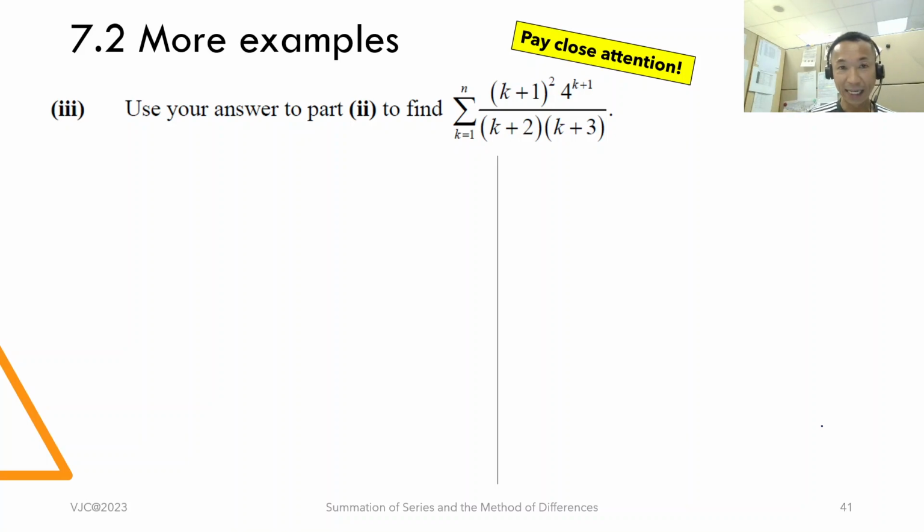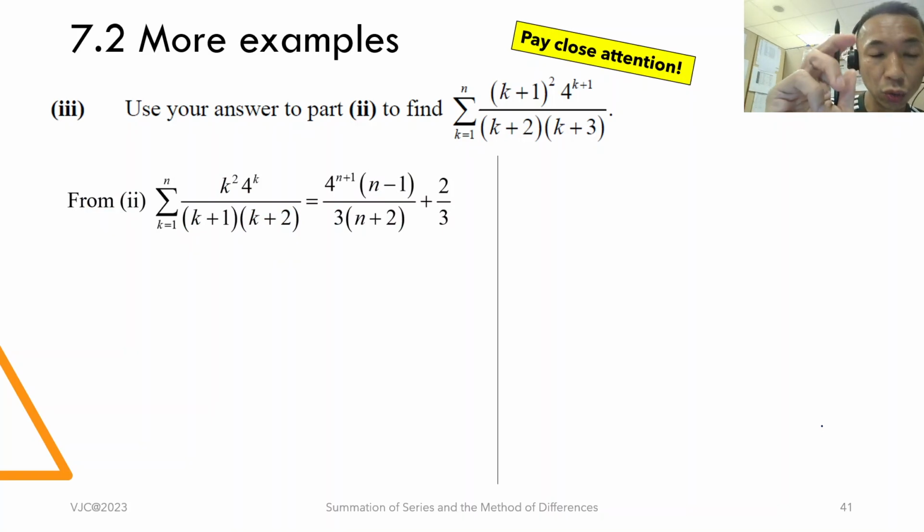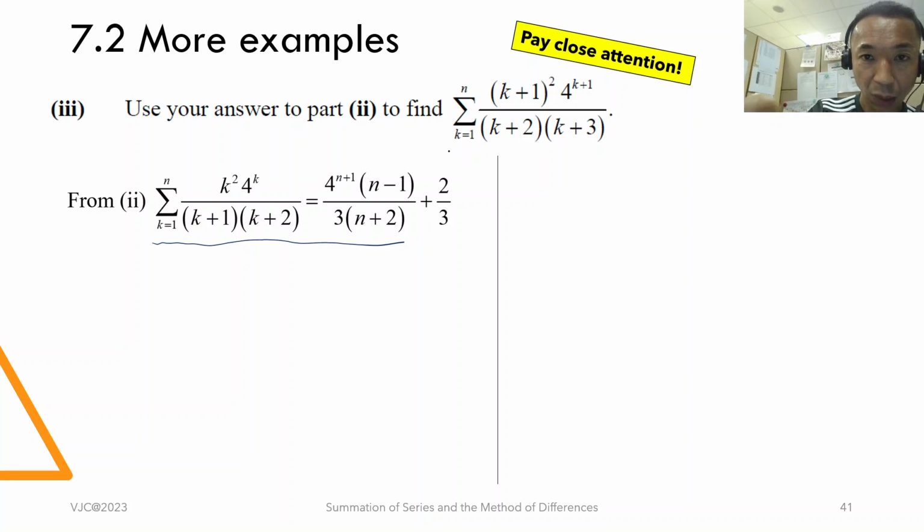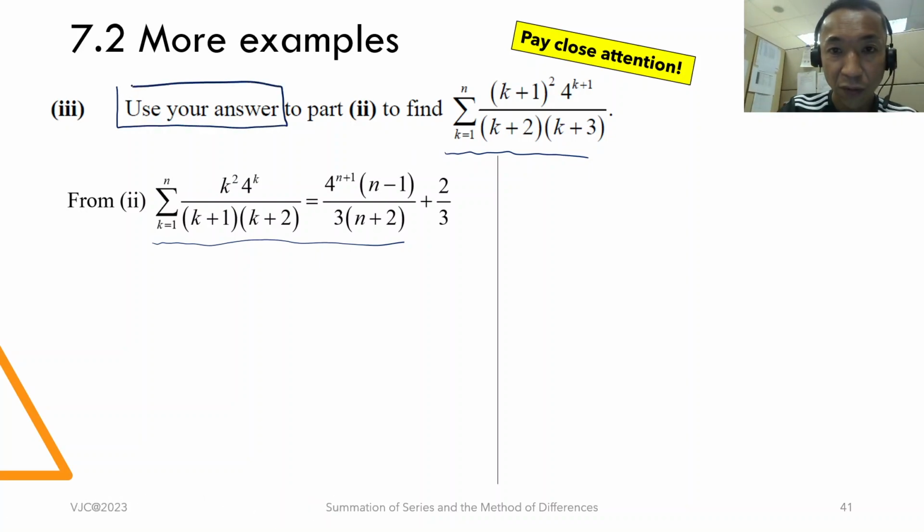Use your answer in part 2 to find this. Now, maybe you can take a look now. From part 2, this is what we get. Now you want to find this one. Notice the phrasing, use your answer. From here, you cannot